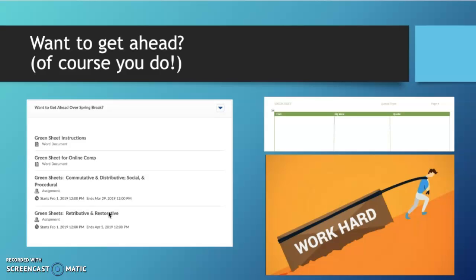So this will be incredibly helpful for you if you do this work with the green sheets, having all of the pre-work done. Then when you start to write your paper, you will have all kinds of resources to look back on and to feed the content of your paper. Okay, so I just wanted to let you know that those are in there. It's labeled very clearly when they're due.